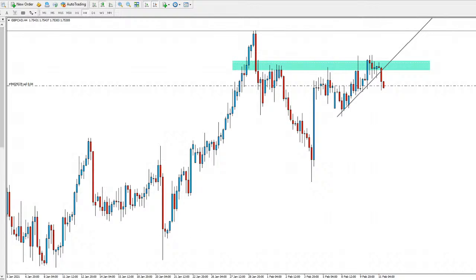But for now, just going to see how GBPCAD gets on. First target is this support down here where the trend line started, and potentially look to trade it all the way down to there. So we're going to see how this gets on throughout the live stream.